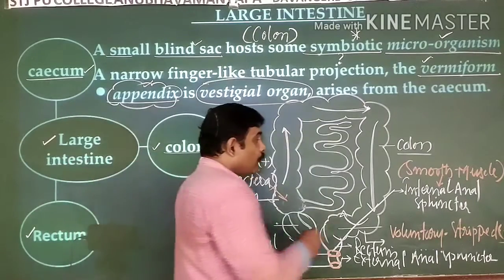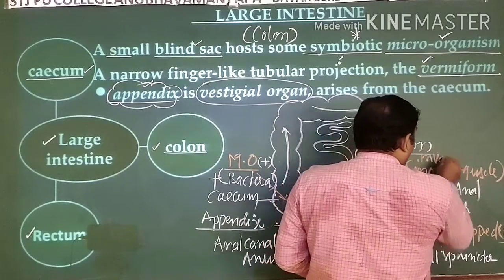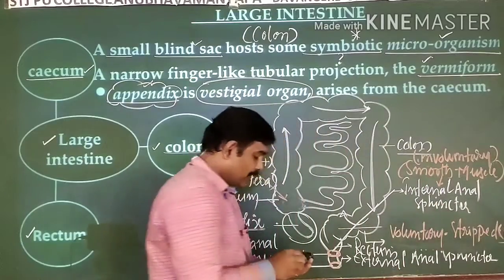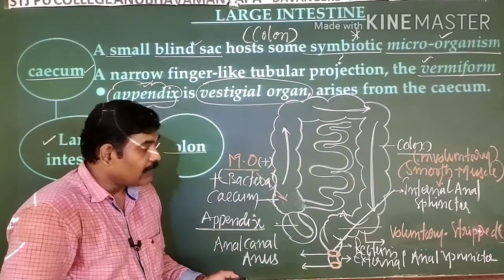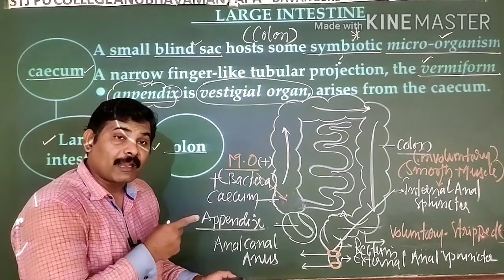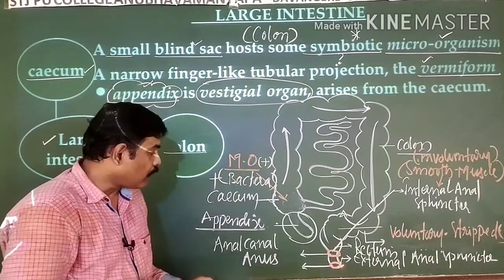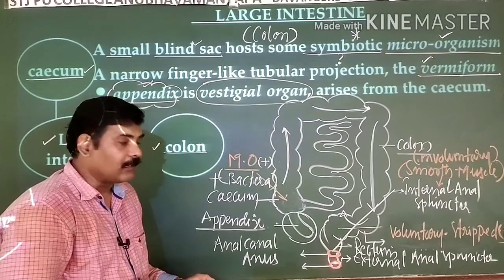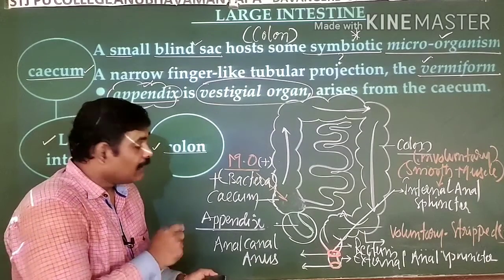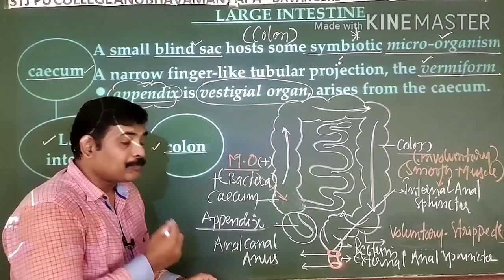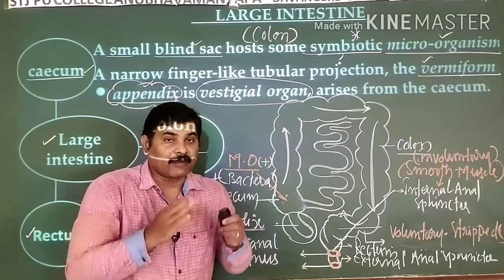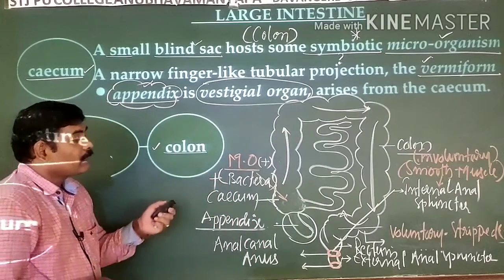Smooth muscle is always involuntary, whereas striped muscles, otherwise known as striated muscles and even the skeletal muscles, are voluntary. So if you want to release the fecal matter, it is completely under our control. Though the internal sphincter muscle is not under our control, the external anal sphincter is under our control. So going for defecation is under our control only. So this is what about the large intestine.